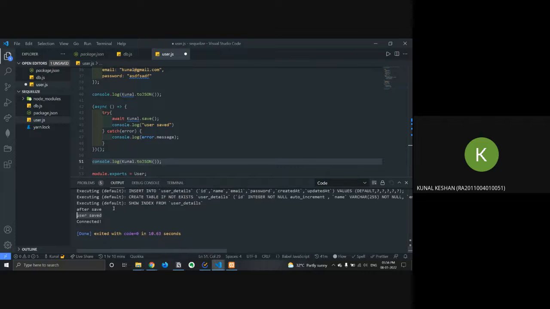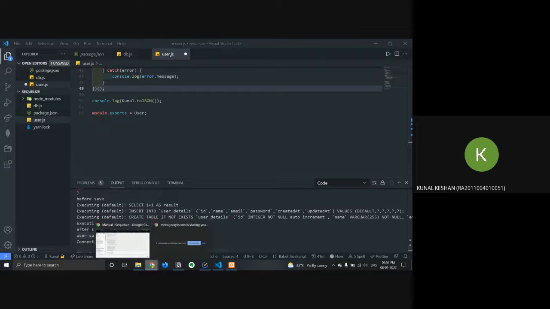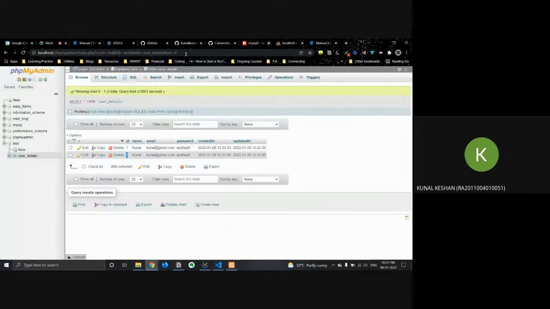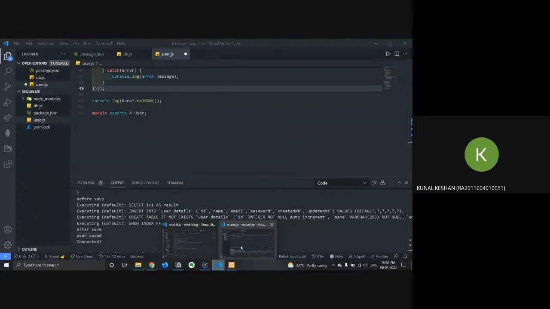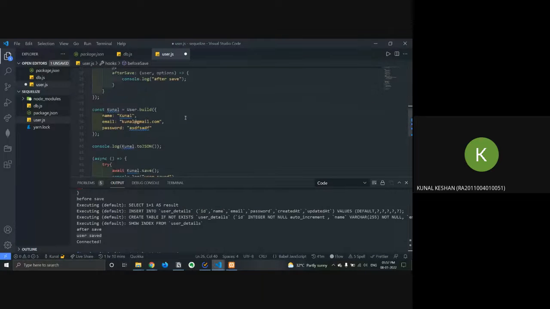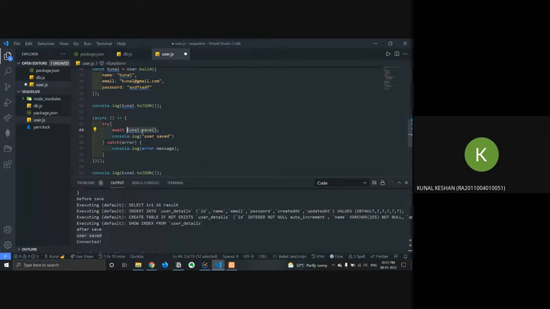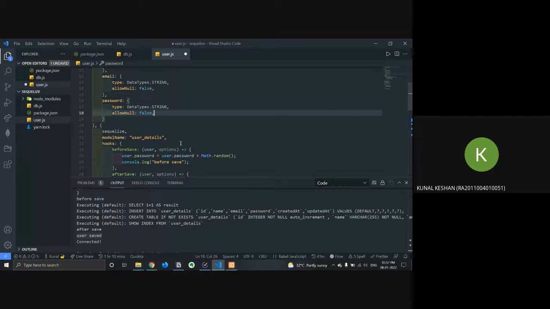Okay, connected. Just console logging it once, not sure why. But let's take a look in our database. And you can see it's done exactly what I specified it to. In our case, we'll have to do a hash function, but this is just to show you. It took the password, and it added a math.random before saving it. So we'll be using hooks as well in our project. So we can run certain functions, and with ease we can just call the dot save without having to worry about hashing and creating avatars, image avatars, and all that.